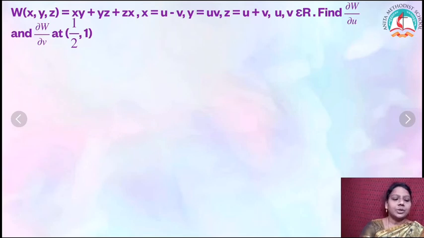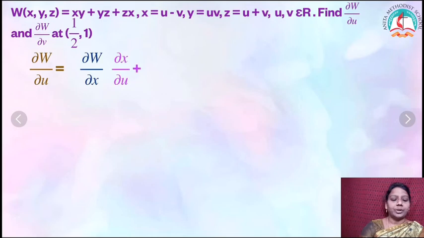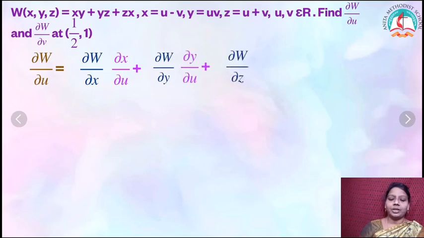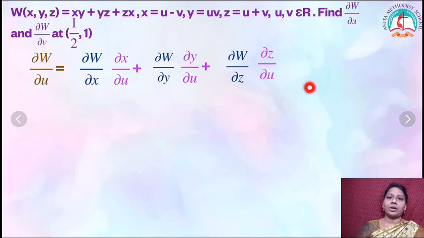Is that clear? So therefore, we are going to find dou w by dou u, which is nothing but, first, we have to differentiate w, then we have to differentiate x. So dou w by dou x into dou x by dou u. That means whichever variables are there, you have to differentiate. I finished only for x. What I have to do? I have to do it for y and z. So then it becomes dou w by dou y into dou y by dou u, then dou w by dou z into dou z by dou u. I am going to find out all these things.